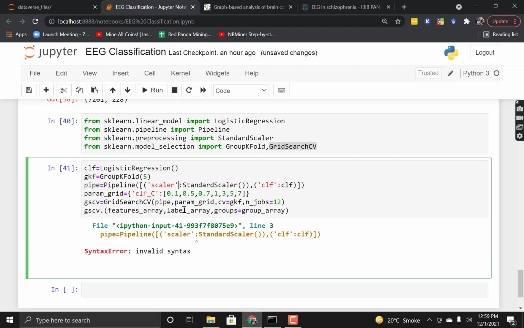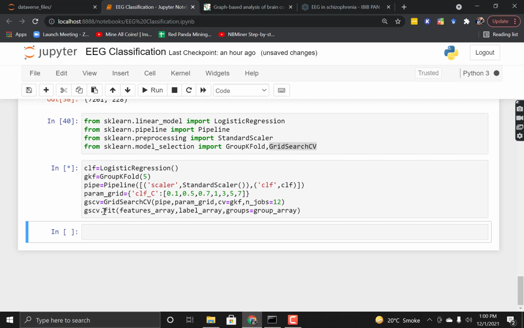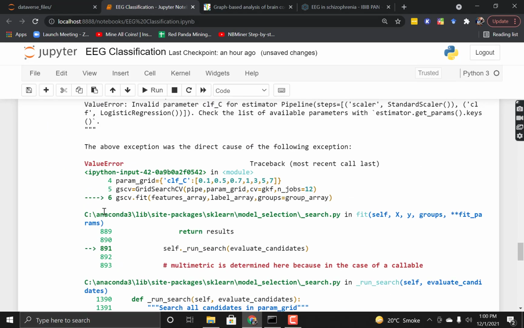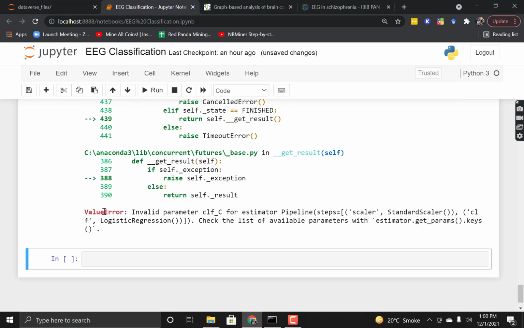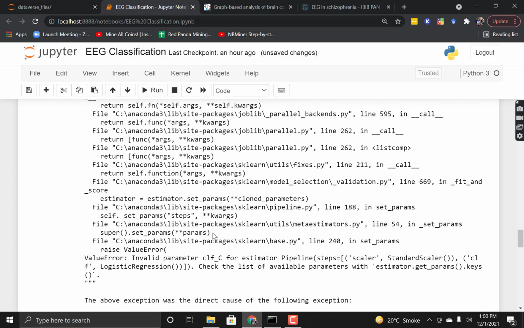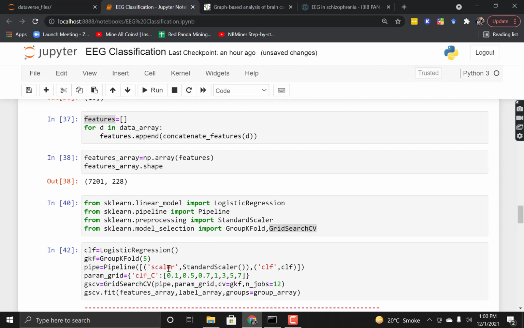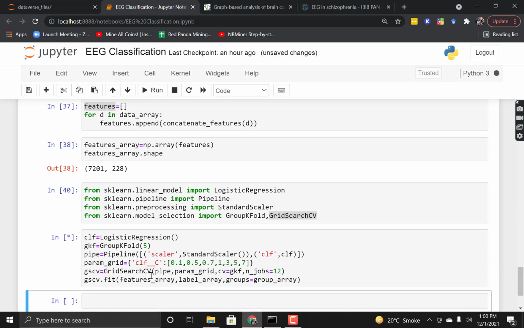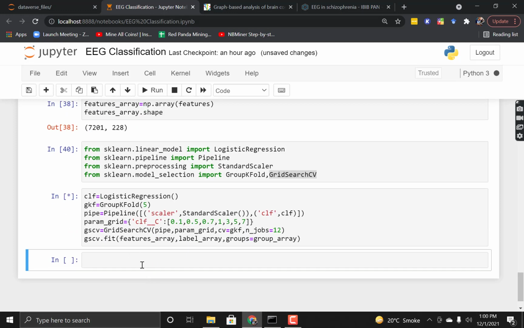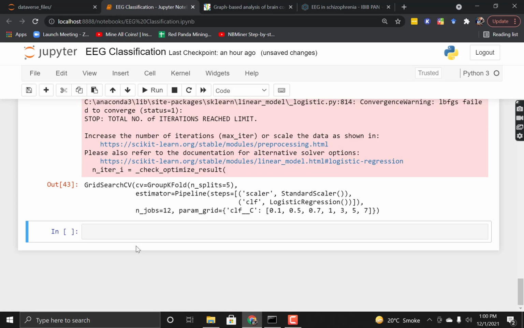It should be a comma, because it is not a dictionary, it is a tuple, and here it is fit. Okay, it will take some time, and here it gives us some error. Okay, it says clf logistic regression. Here we have to use 2 underscores instead of 1. Okay, the process is complete.